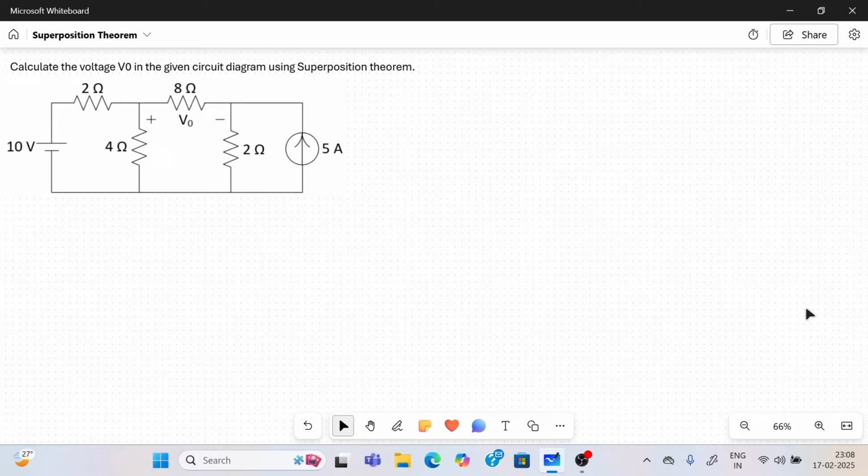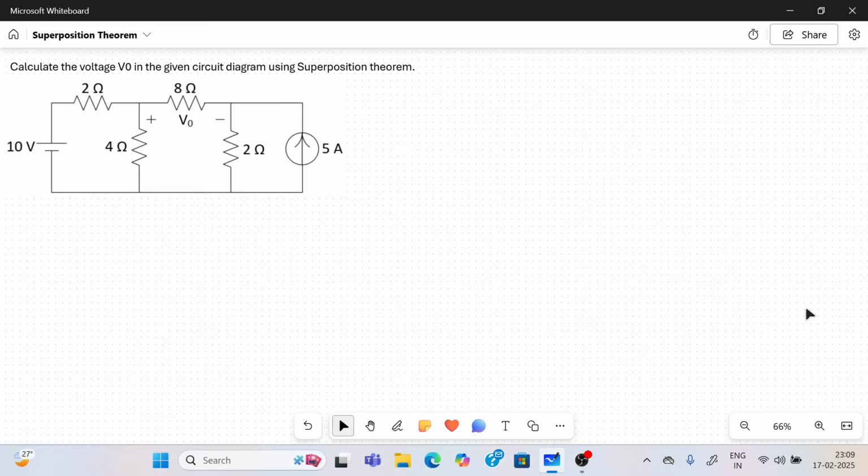Today we are going to discuss Superposition Theorem. What is Superposition Theorem? The network should contain linear elements. The condition is the circuit must have more than one independent source. You have to keep one source at a time, calculate the given quantity, then keep another source, find the same, and finally add all the